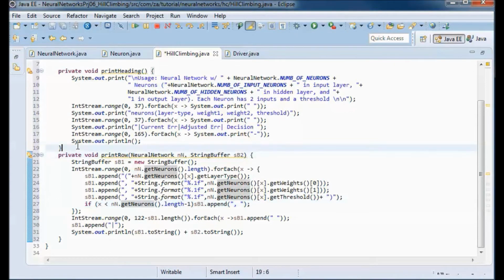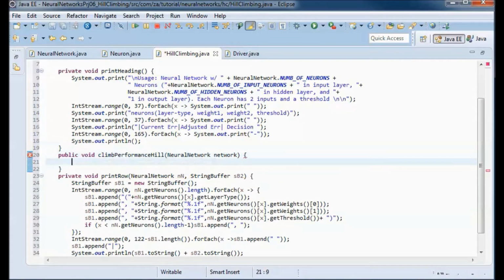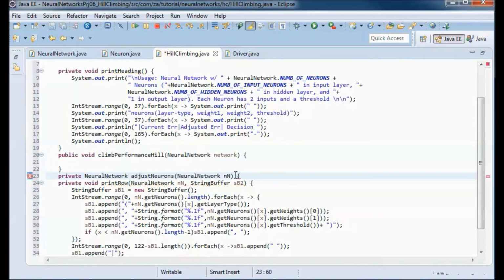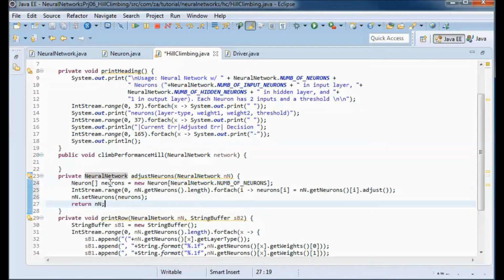And we will have two methods, one for climbing the performance hill that takes in a neural network instance, and another for adjusting the neurons in the passed-in neural network and returning it for convenience.